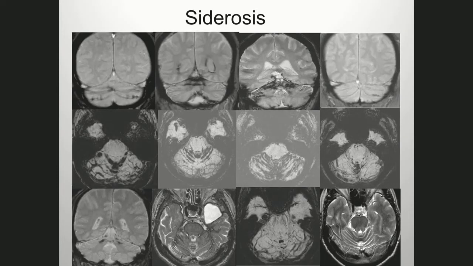Finally, one thing that I want to bring up is siderosis related to CSF leak. Once a year, maybe once every other year, a patient gets sent for tinnitus or headaches not related to CSF leak, nobody's suspecting it, and we do our T2 SWI, susceptibility weighted imaging or cranial echo imaging, which is very sensitive to old blood, hemosiderin, and you see this typical zebra pattern of hemosiderin deposition in the posterior